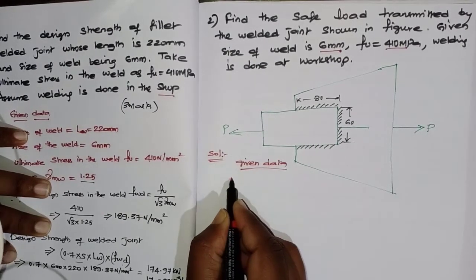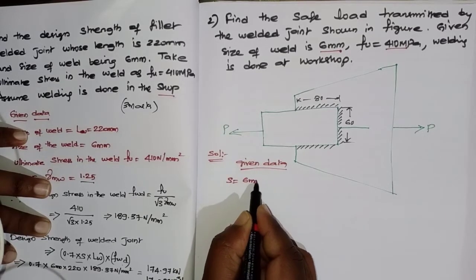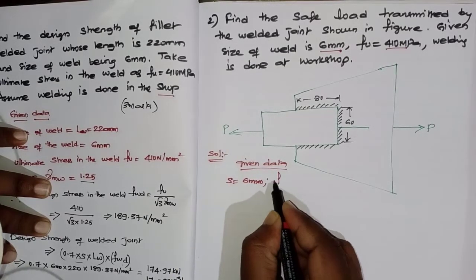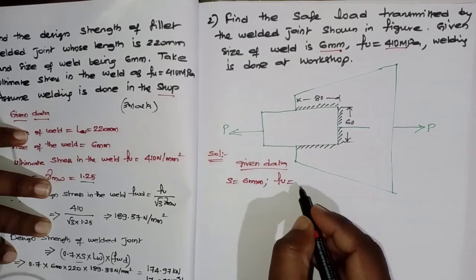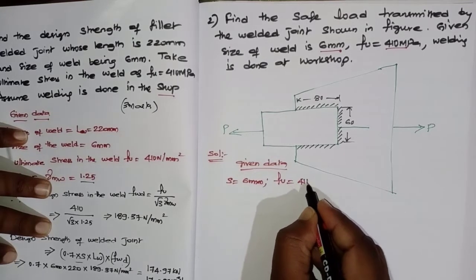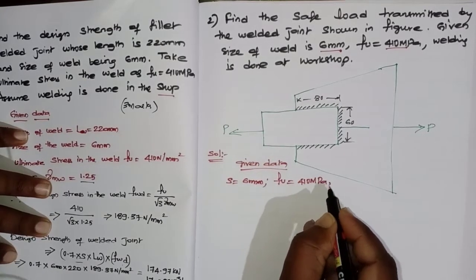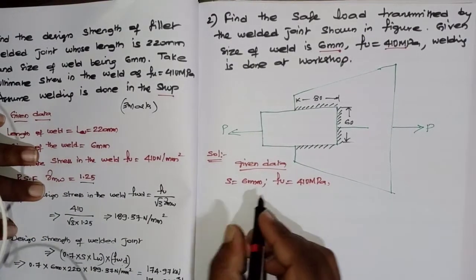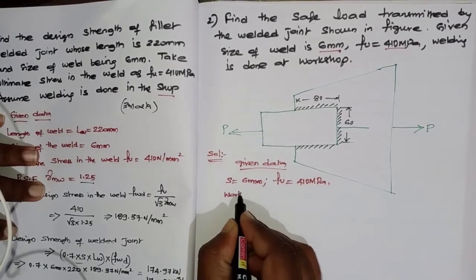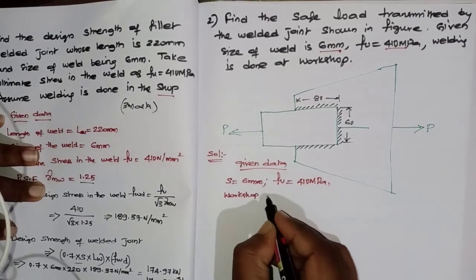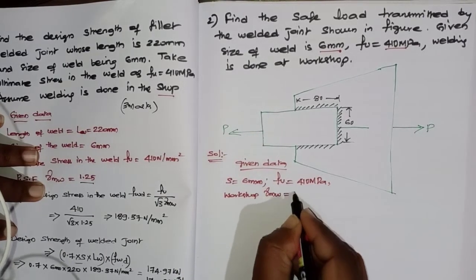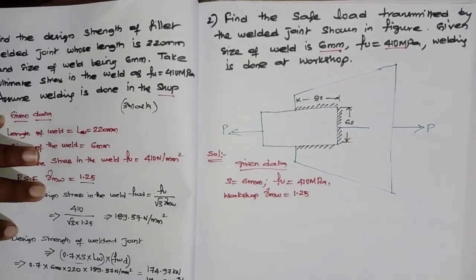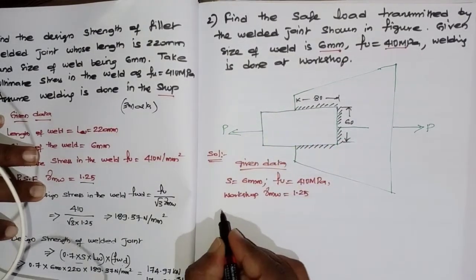So what is S is given as, again 6 mm. Next FU ultimate stress in the weld is 410 MPa. Okay, and it is done at what? Workshop. So gamma MW will be what? 1.25,